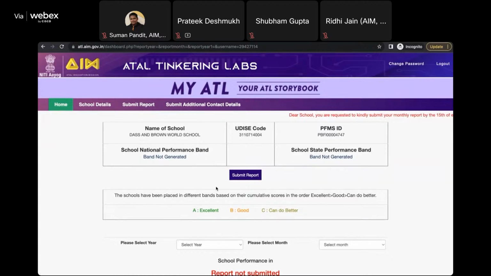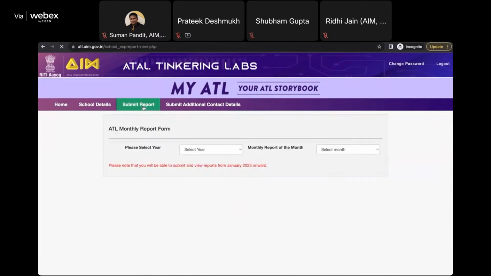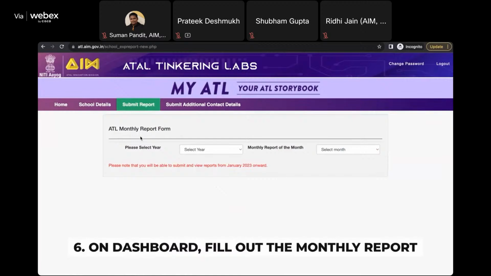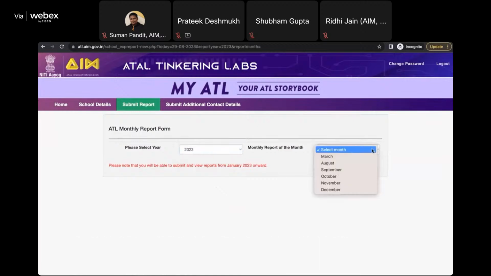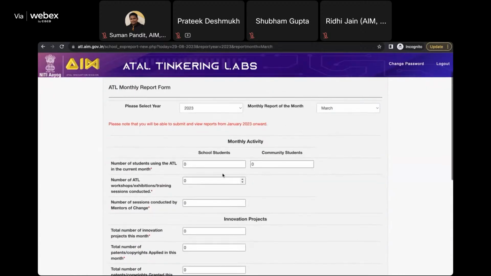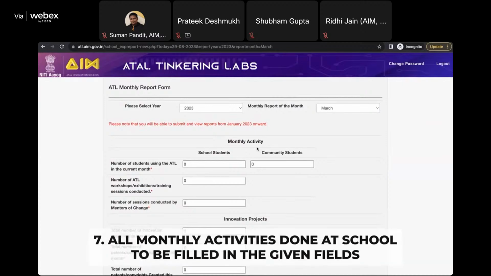So once you are on the dashboard, you need to fill the monthly report. Here you need to click on the submit report button, and you will see the ATL monthly report form. You need to select the year, you need to select the month, like I am selecting one month, that is March. Here there is a monthly activity,